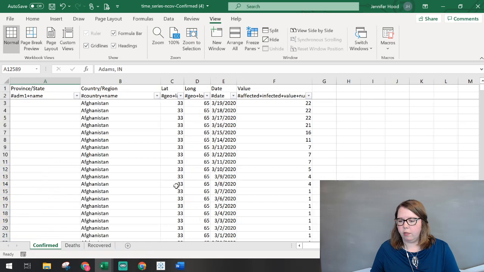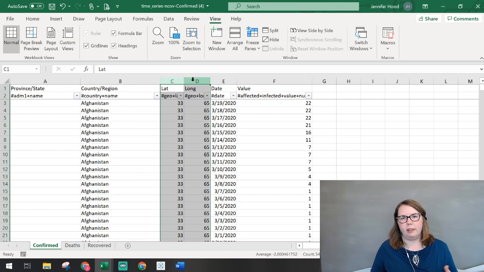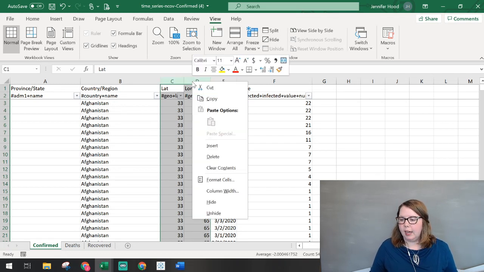I'm going to turn off that filter just for a moment. I don't need latitude and longitude. You could leave this in if you wanted. If you're using Tableau and you put in a state, it's automatically going to figure out what that lat and longitude is. And once we start correcting our data, it's not going to be right at the state level because it'll keep that county or city level information. We could keep it. It doesn't hurt.